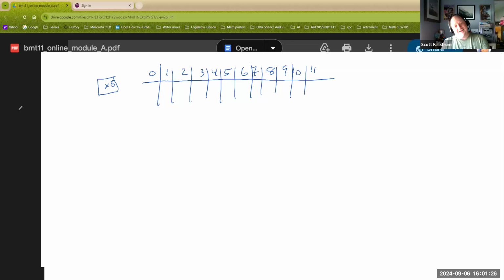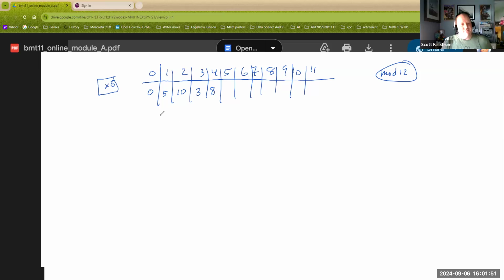Oh my gosh. 0 times 5 is 0. 1 times 5 is 5. 2 times 5 is 10. 3 times 5, now I would write 15 down, but remember, this is a 12 clock. So we're going to work mod 12. So I do hit 15, but take off a group of 12, it gets you back to 3. 4 times 5 would be 20, but again, I take off a group of 12, and it leaves me with